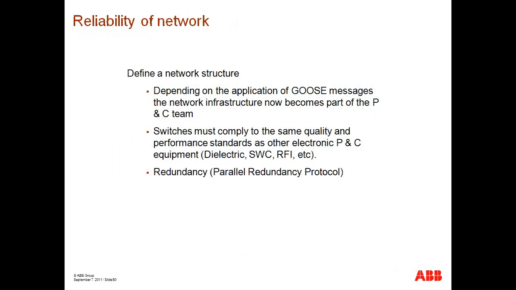One last topic that we'll touch on in this presentation is something that's coming up with IEC 61850 edition 2, and that is the need for redundancy in the network, and also the reliability of the network. When looking at the Ethernet network itself, it needs to be taken into consideration that the same standards to which IEDs and relays need to comply, your Ethernet switches and network infrastructure need to comply to as well. And part of IEC 61850-3,